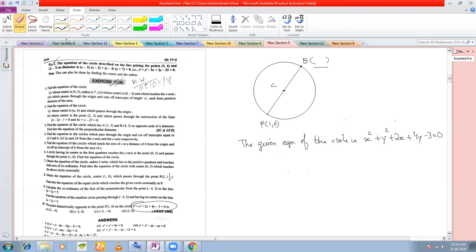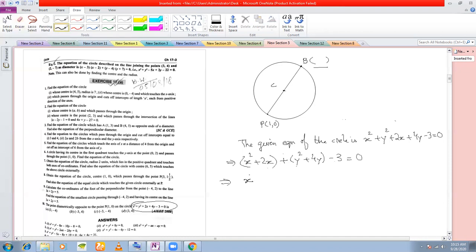Now see here, first of all, you take the x's together. So x square plus 2x, you write together. You take the y's together and you take the constant term separately. Now what you see here is, this is your a squared term, this is your 2ab term. Only the b squared term is missing. Similarly here, this is your a squared term, this is your 2ab term, so the b squared term is missing. So we add the b squared term and then we adjust that term later on. Okay, so how do we do that?